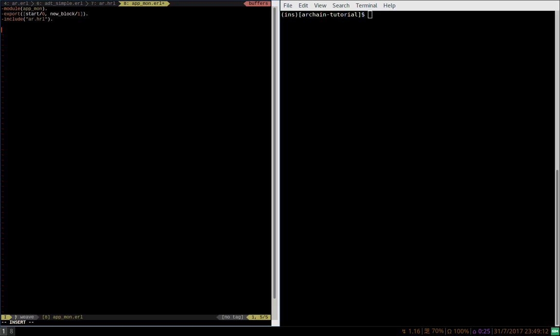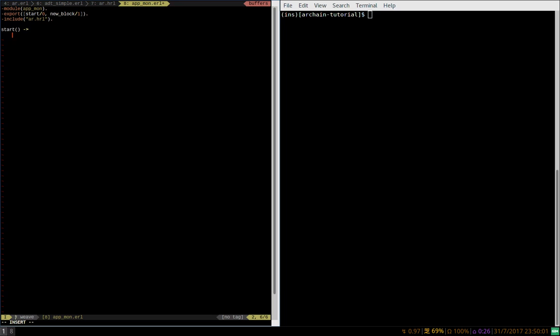Okay, so now we'll define the start function, which is simply start() because it takes no arguments, goes to, and here we call the ADT_simple module. ADT_simple abstracts away the complexity of building Archain nodes and provides you with a simple interface whereby you provide a module, and if that module exports the appropriate functions, it'll call those functions when those events occur. So in this application we have a new block event which will be processed by our program, but no other ones. And so this takes away all of the complexity of building